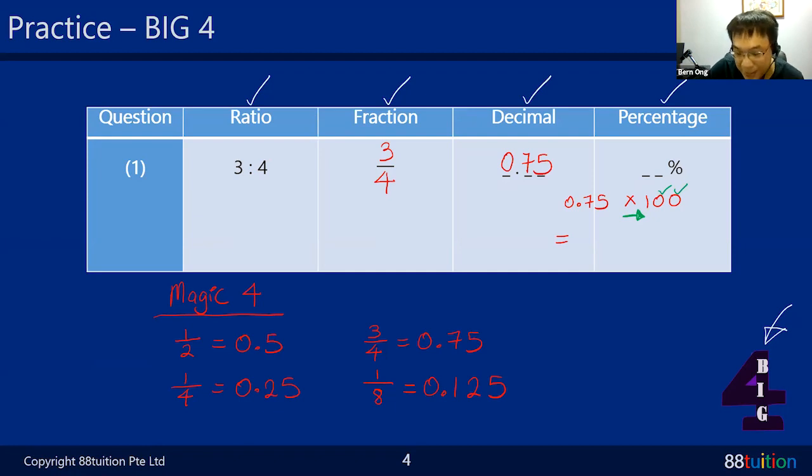So the decimal point is between the 0 and the 7. So you are supposed to move to your right by 2 steps. You move 1 step here, 1 step here. And your new decimal point becomes at the back. So your answer will be what? 75 point. 75 point doesn't mean anything, so just write 75. So 75%. This is the symbol for percentage. So 0.75 just times 100, 75%. Very simple. Don't worry about this.